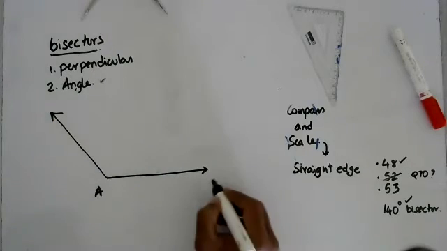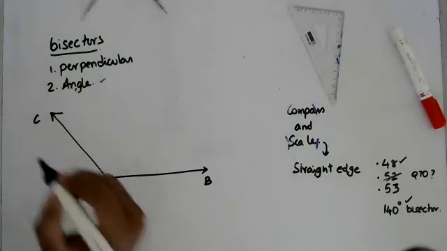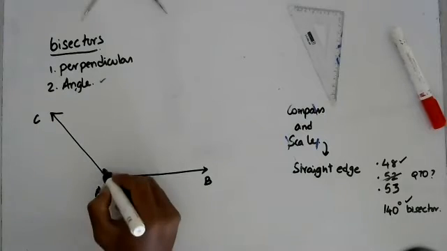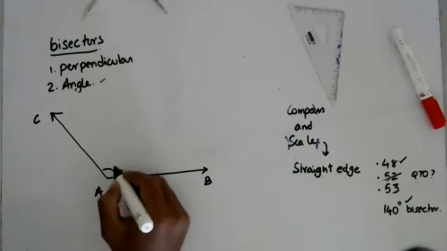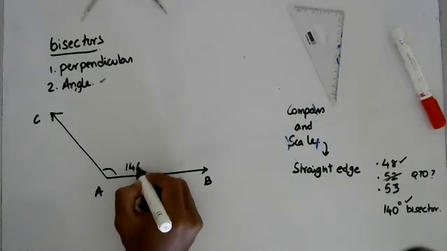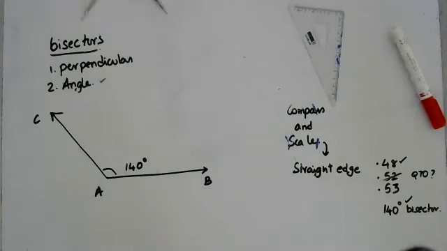Okay, so there's a point A, there's a point B, and there's a point C. And this angle over here is approximately 140 degrees. Of course, I'm just sketching it. You will have to use a protractor to actually measure and put the correct angle. Now, how do we